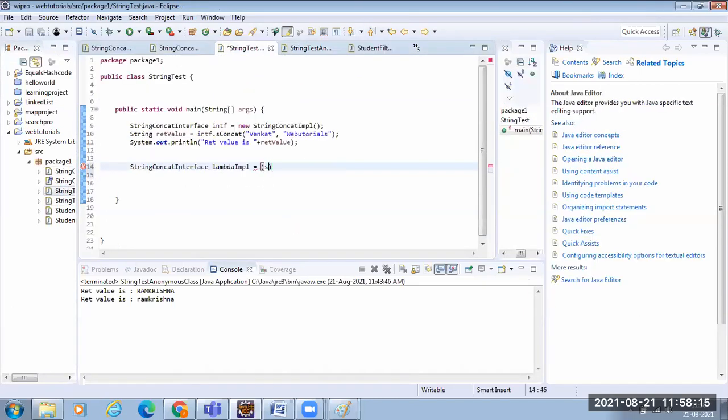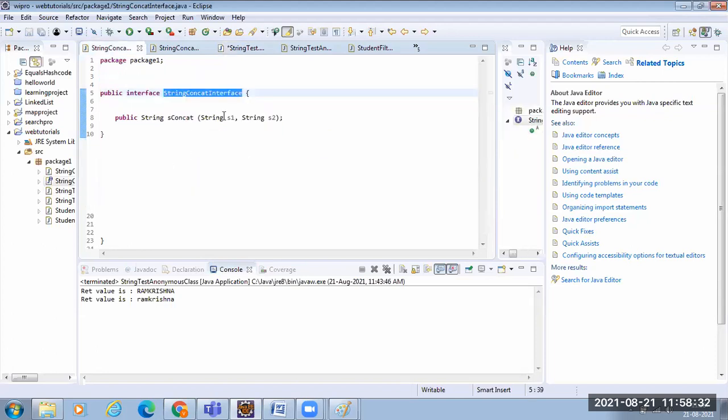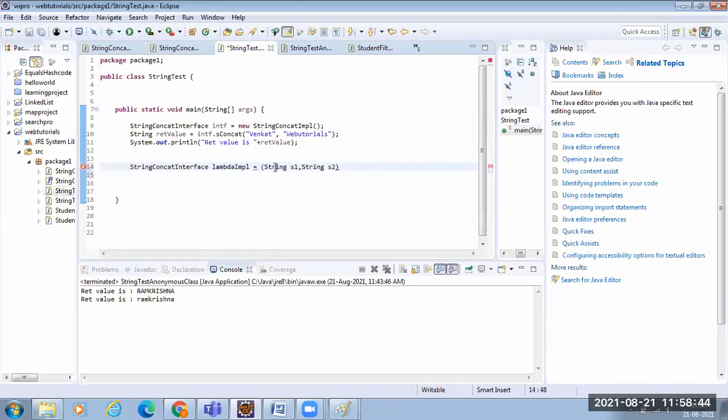Okay, so start with some variables. You can give any name, s1, s2, and you can even specify string and string, but it is not required. Java automatically understands these are string type. How does it understand? It checks the interface method. Since your lambda expression is implementing this interface, obviously your arguments will be of type string. That is why this information is not mandatory. Even if you provide it, not an issue, but it's not required. Then